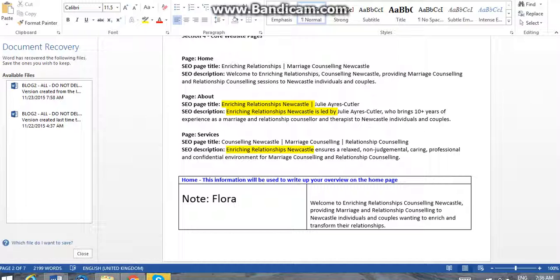So continuing on that, I've just pinched some stuff from the home page, but it's better than having something that doesn't sound very good. So it basically says enriching relationships, Newcastle ensures a relaxed, non-judgmental, caring, professional, and confidential environment for marriage counseling and relationship counseling. Usually when it comes to search, the homepage is what people see, and they want to see the words they've looked for. So this pretty much covers the on-page SEO, and that is the tutorial on